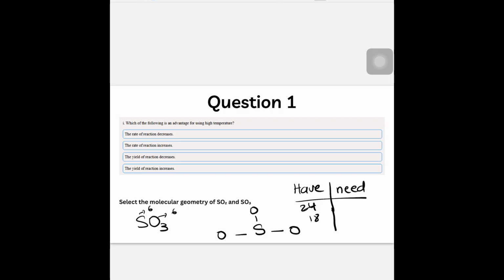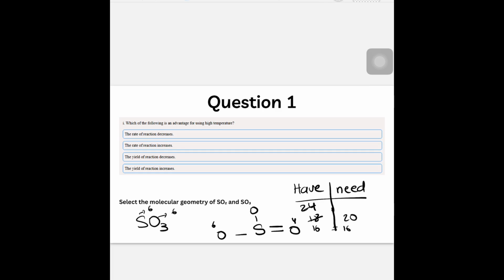How many do I need to satisfy the octet? Oxygen over here needs a 6, this oxygen needs a 6, and this needs a 6, and the sulfur needs 2. So I need 20 electrons to satisfy the octet, and I do not have enough electrons. So I have to draw another covalent bond between sulfur and an oxygen, and I can pick any oxygen atom. I'm going to use this oxygen atom, and then I'm going to cancel and write over here that I now have 16, and I'm going to count again how many electrons I need to satisfy the octet. This oxygen needs 6, this oxygen needs 6, this oxygen needs 4, and sulfur doesn't need any electrons, so 12 plus 4, 16. So now, because the have is equal to the need,